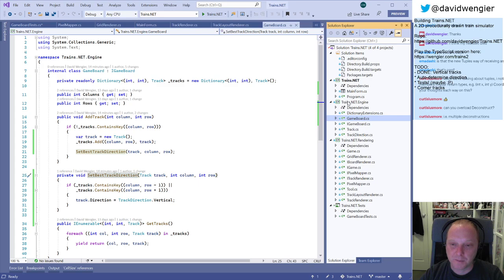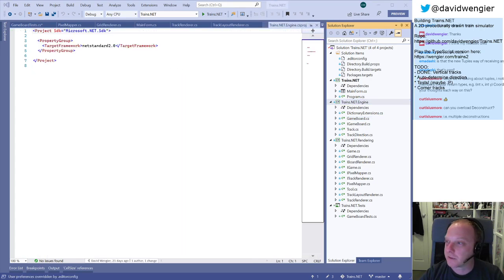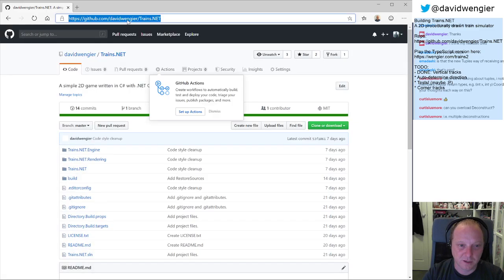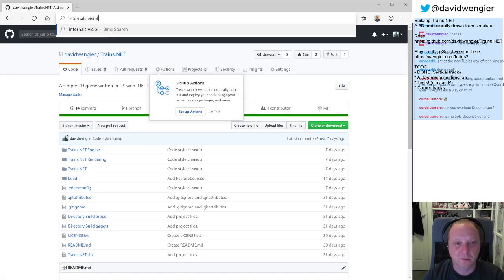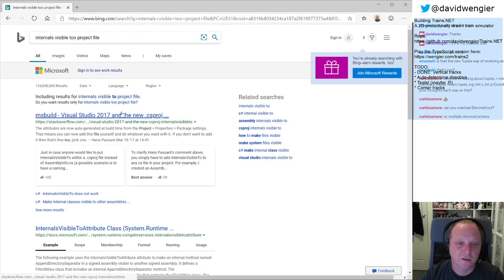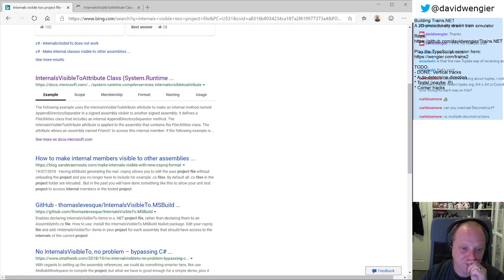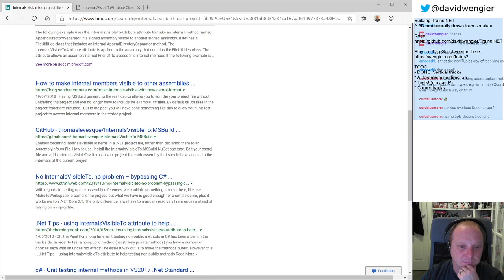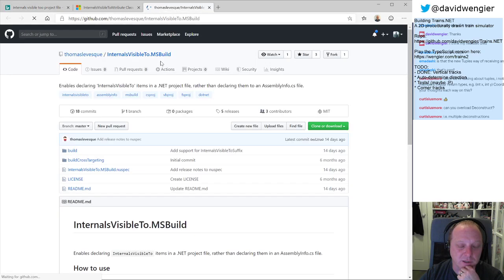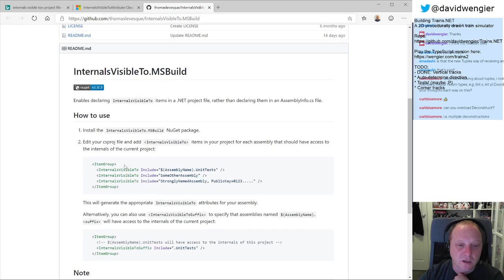I think there's a way you can do this in a project file. I've not done this before. Internals visible to project file. I think you can specify this. So there's definitely an attribute. I know that one. Oh, this is interesting. Okay, so maybe it's an extension. Yeah, so this internals visible to. So I'm guessing this generates